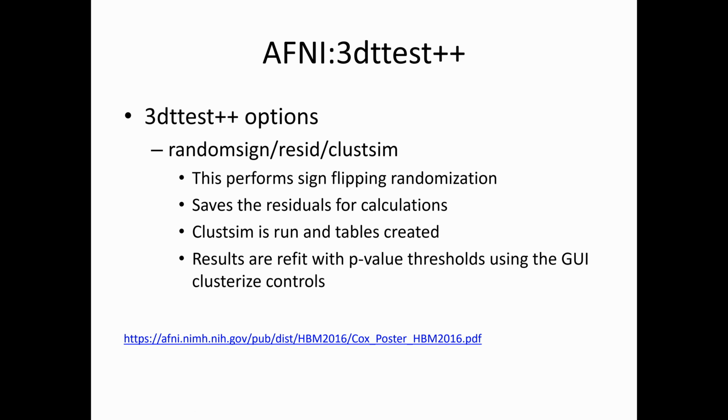And that's what you can do as you run through the permutations. You can use those residuals to start mapping out the blur in your group level data. So that's what's going on in the back of